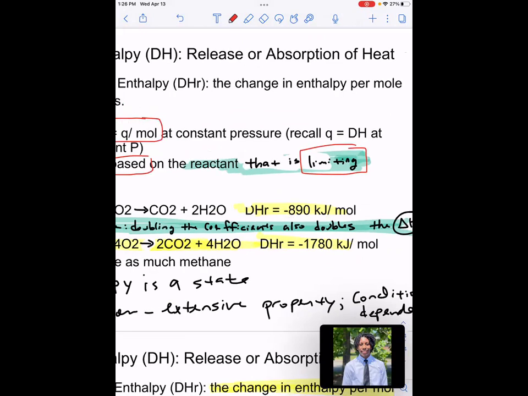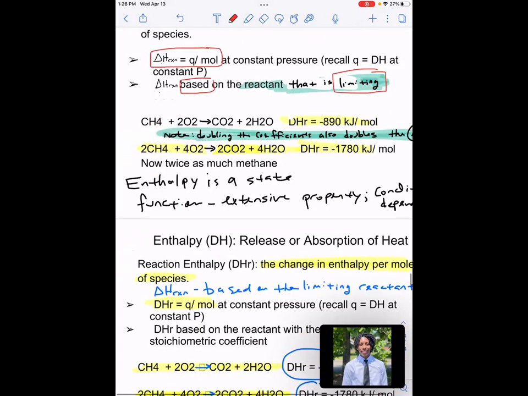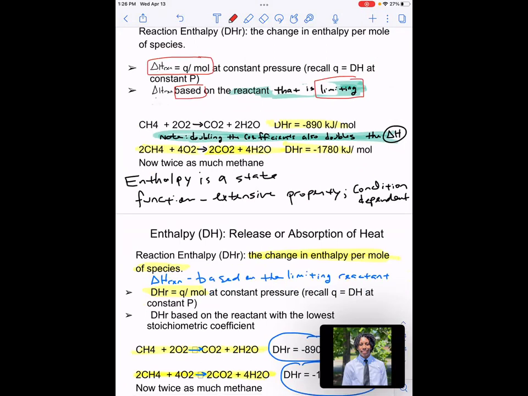All right. So look at these two equations right here. This brings up another idea about enthalpy, and that is that it's a state function, right? What that means is that it depends on the state of the matter that you're studying, whether it's at a certain pressure, a certain temperature. It's condition dependent. How much of it,